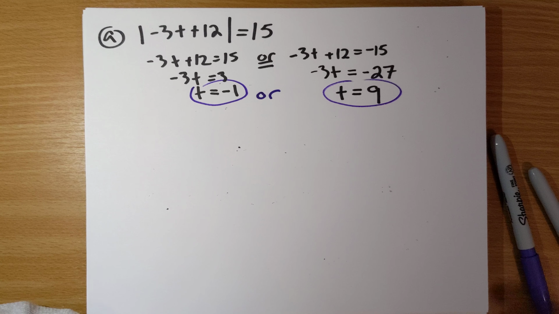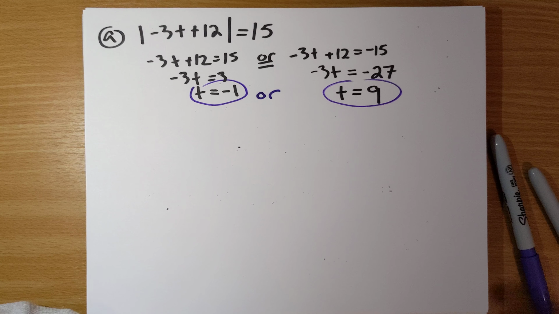For the second one here, we need to solve the inequality. Absolute value of 9 plus 4x is less than 4. So what this says here is that 9 plus 4x needs to be between 4 and negative 4. If we subtract 9 from everywhere here, we end up with negative 13 is less than 4x is less than